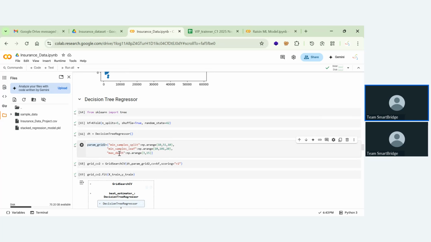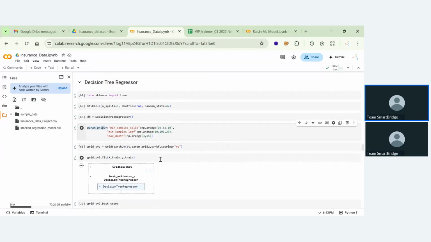Okay, so let's take an example: maximum depth equal to 3 with minimum sample leaf 10, and maximum depth 4 with minimum sample leaf 10, and so on, whatever values we're having. This is minimum sample split, minimum sample leaf. So based upon this, we'll be dividing every probable outcome. We'll be having multiple outcomes where we'll be testing our data with one another. Okay, so the next thing we'll be seeing is